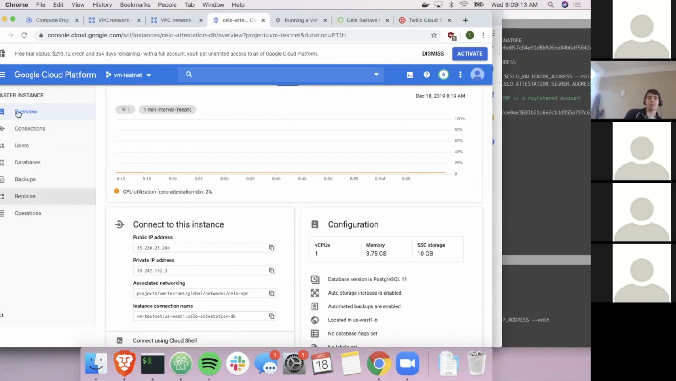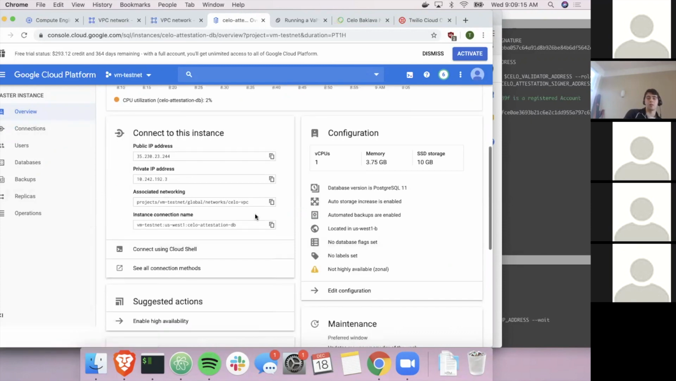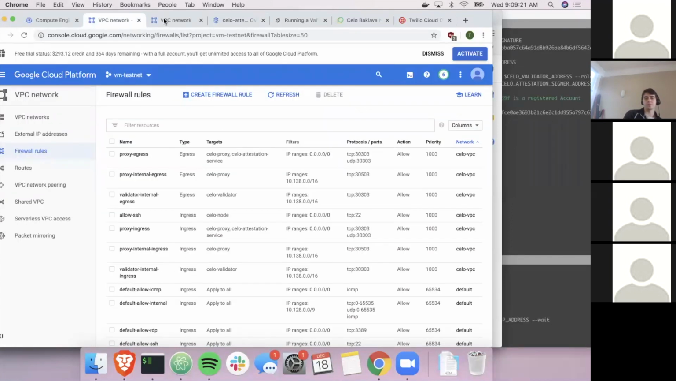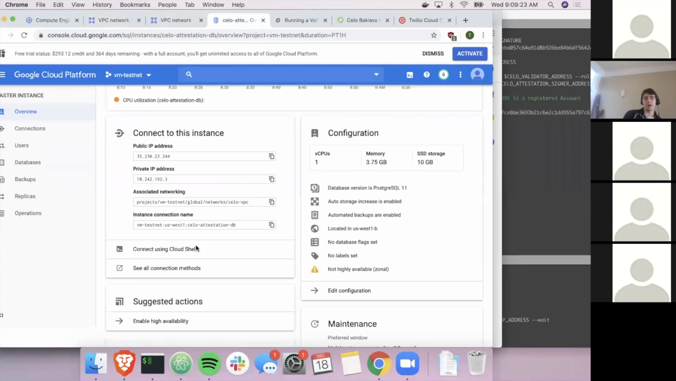So I have this actually on my Celo VPC network that I created over here. So this private IP address is within that VPC network. So that means that any, yeah, you can see right here. So that any instance that's also on this network can just use that private IP address to reach it. So I went with that approach